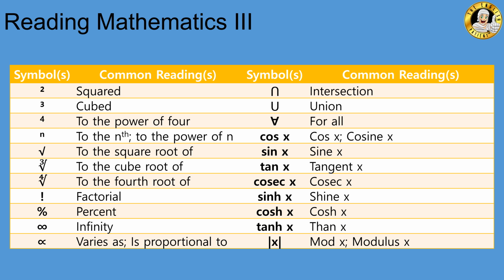So from the top left again here, so superscript 2, as in to the power of 2, and notice that you can actually say this is to the power of 2, as you'll see in a bit. It can also be read in that way, but more commonly we just say squared. And then the next is cubed. And then from 4 onwards, we usually say to the power of 4. And then for the next, to the nth, or to the power of n. To the square root of, to the cube root of, to the fourth root of,